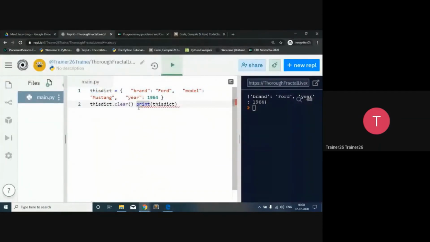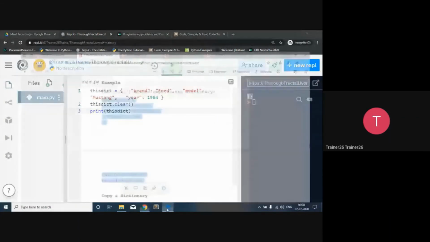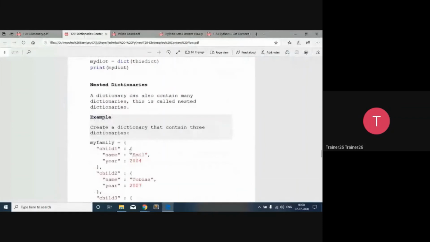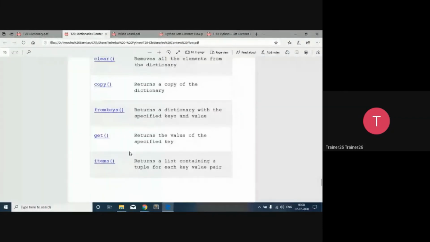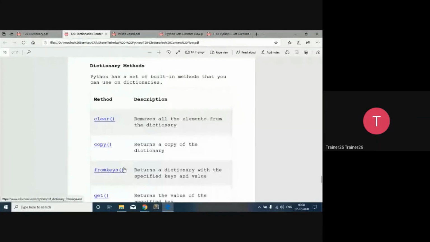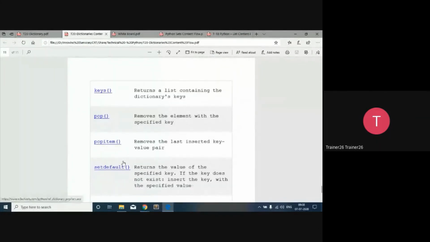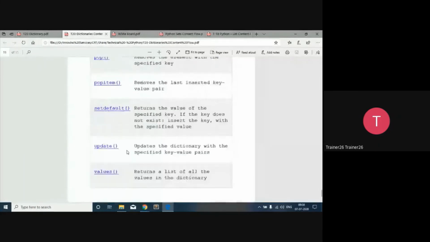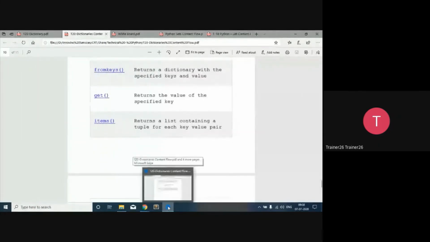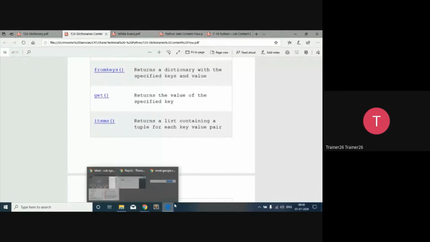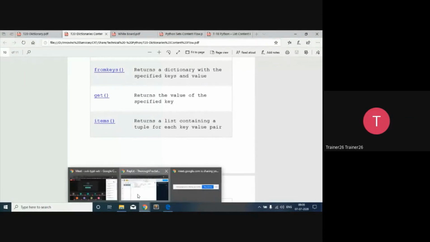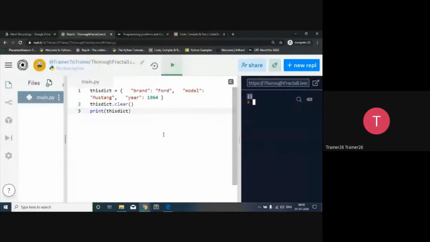So clear is the function that we are going to use, and it will give an empty dictionary with the help of this symbol. So there are different functions over here. What I want is that you explore these functions: clear, copy, fromkeys, get, items, keys, pop, popitem, setdefault, update, values. So these are the functions regarding the dictionary. Please go through these functions properly one after another and try to execute them. So भले आपके operating system पे compiler ना हो तो ये.